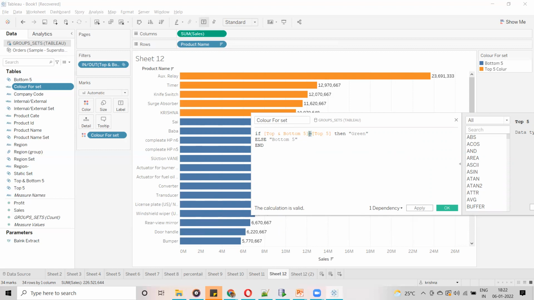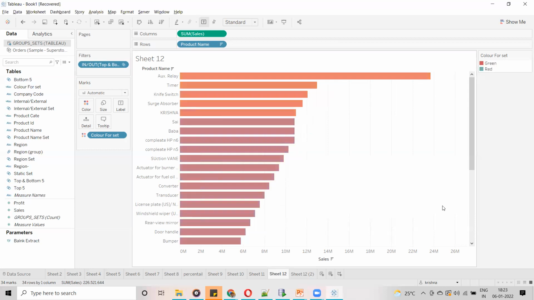So that's where I have given the equal. Wherever it is matching, I am telling it to assign green color, and if not, red color. Now automatically for top 5, all top 5 products are going to get green color, then red color. Tableau is not going to assign green and red by itself. It's just a label, how it is displaying here. This is how it is going to display.